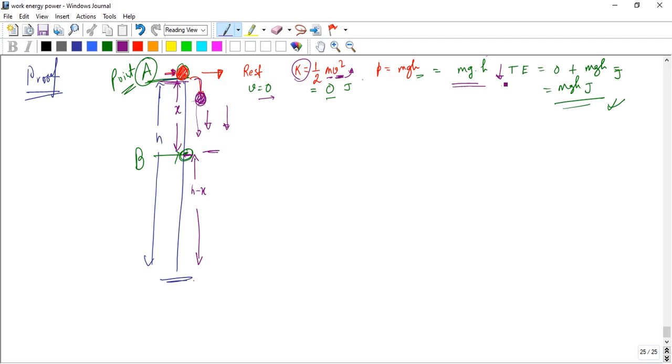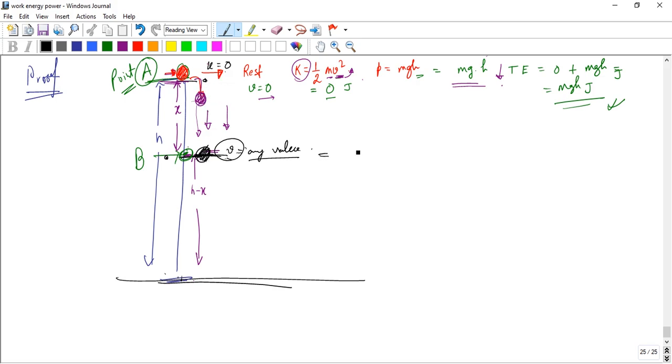Okay. Suppose at that point we consider that the initial velocity u is equal to 0, and the final velocity is v, at any value. Now we try to calculate that value. So we know the basic equations of motion. Now we calculate the v. If the object moves from that point to that point, u is 0.